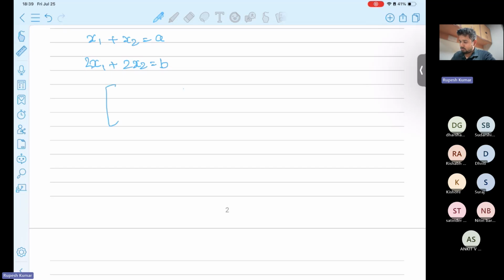So you can always set up this system with matrices. So 1, 2, 1, 2, right? And then you can say x1, x2. Now this equals A comma B. Is this clear, everyone? Have you gone through these lectures? Can you think of these systems of equations through this matrix-vector multiplication?